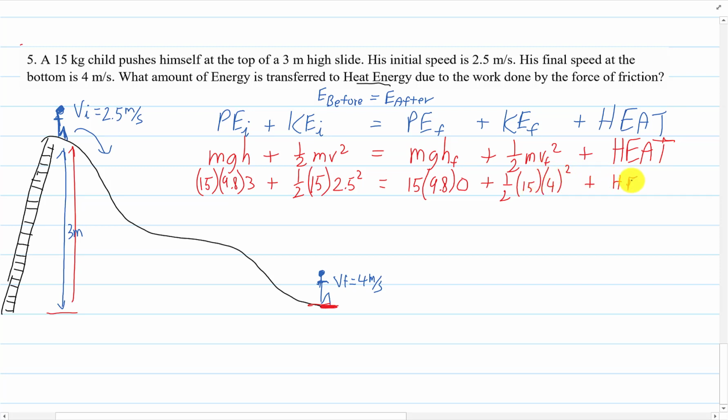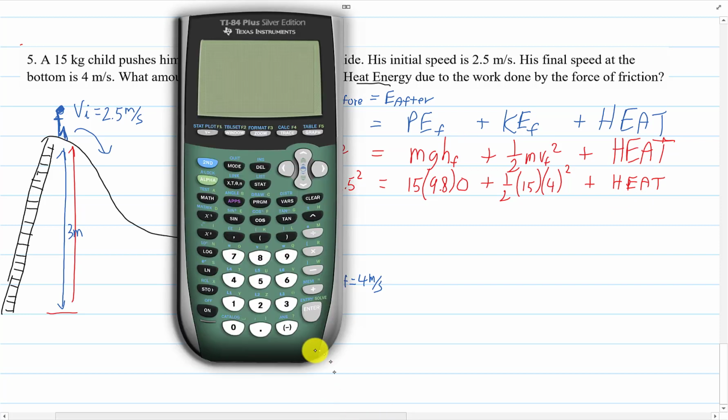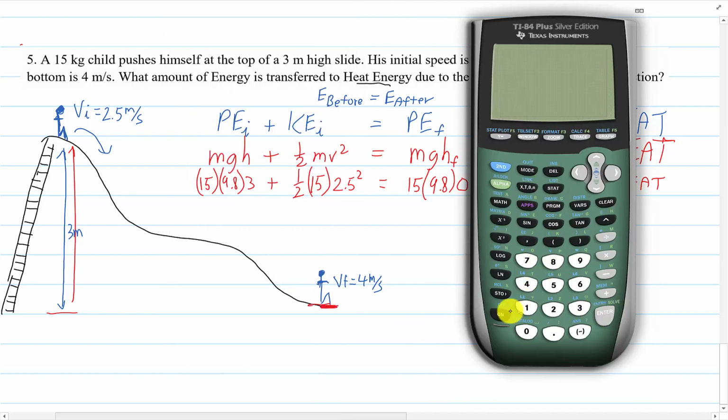Now observe, you can't cancel out the masses here because there is mass involved in here, but we don't see the formula. Okay, so we can't cancel out the masses. So up comes Mr. Calculator, and it's good. We're going to turn on, and here we go. 15 times 9.8 times 3. We get 441 joules of potential energy plus